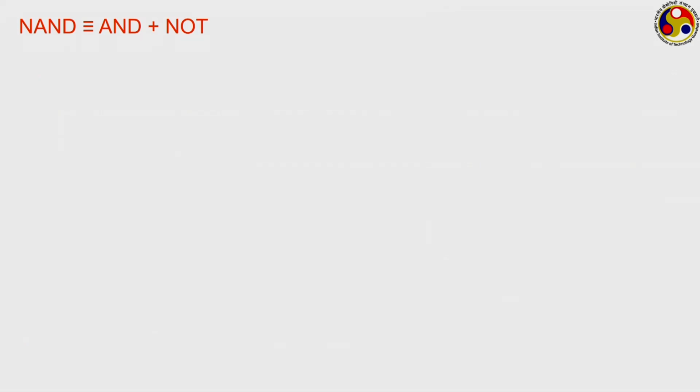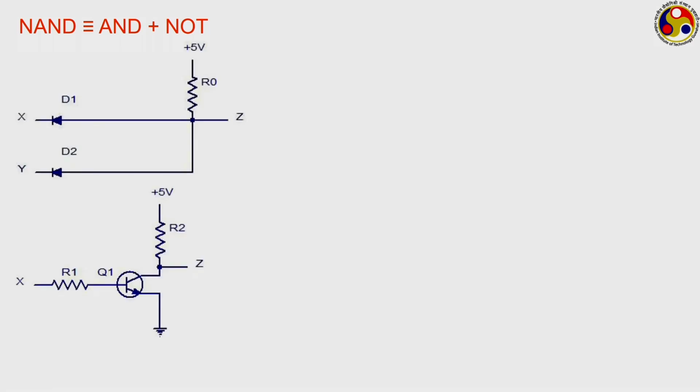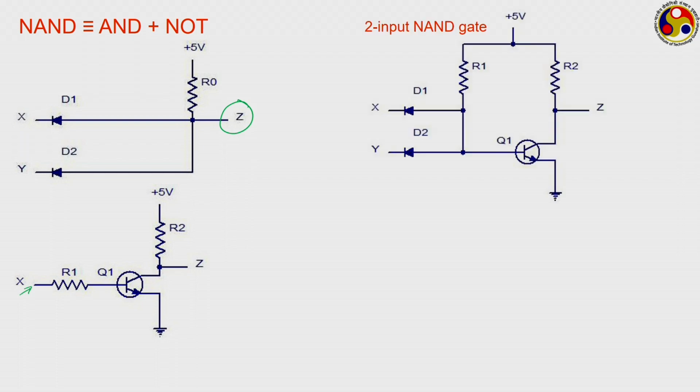So the logical operation we have already seen. What about the physical circuit? The top one here is for AND, the bottom one is for NOT. Like in logical operation we have to combine AND and NOT, here also we can do the same, that is we have to combine the circuit for AND and the circuit for NOT. Wherever we get the output from this AND operation, there itself we have to connect this particular point of the NOT operation, and that is what is done. You can clearly see the output Z has been connected to this NOT operation,